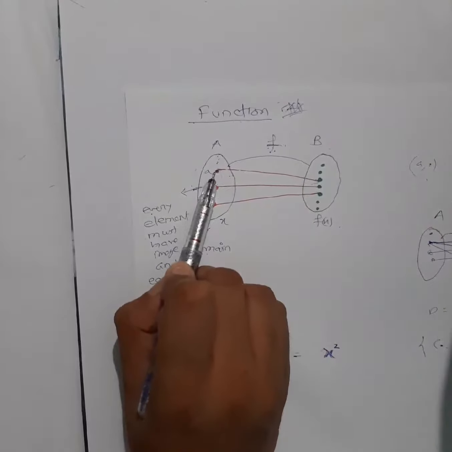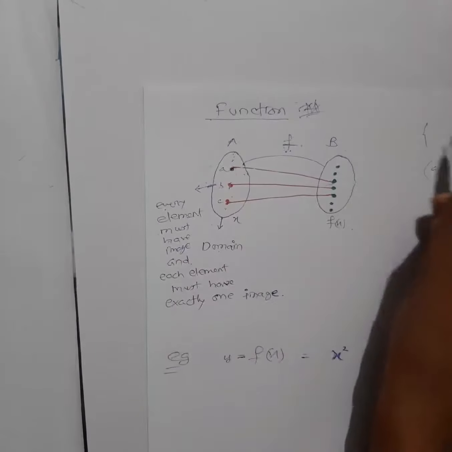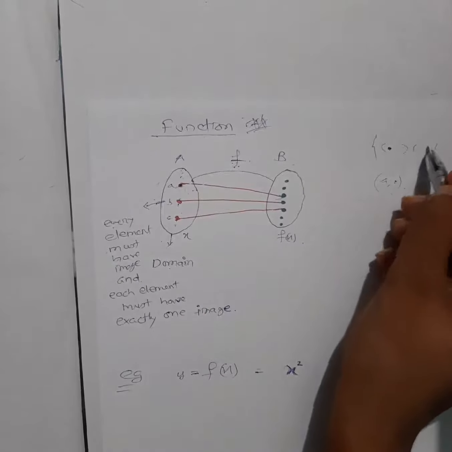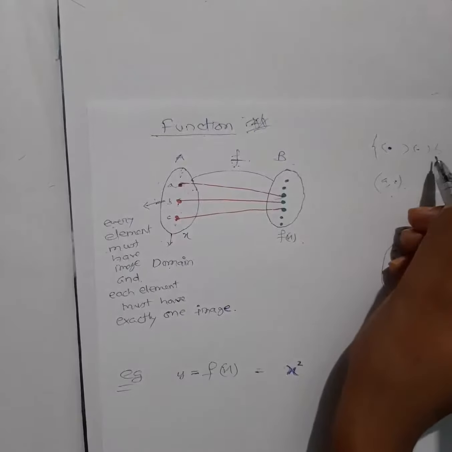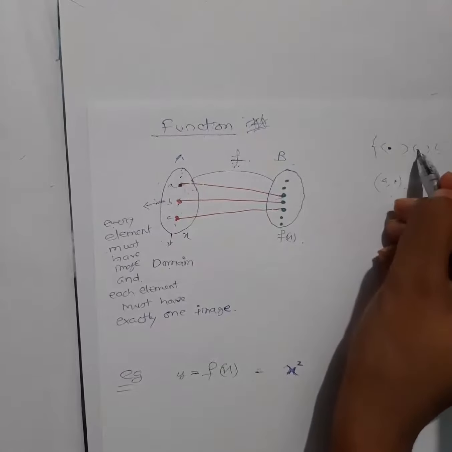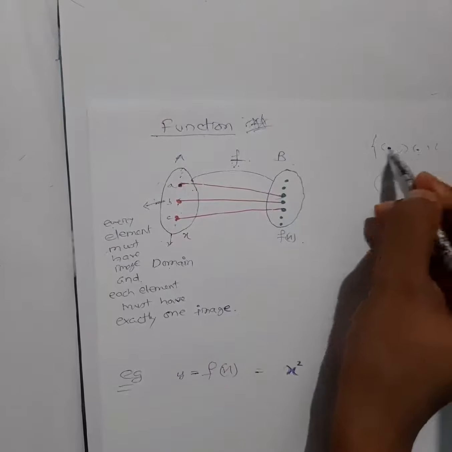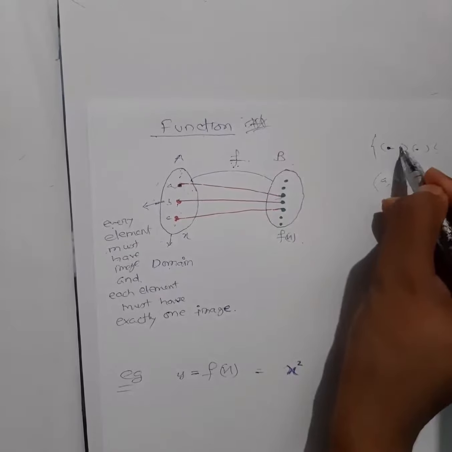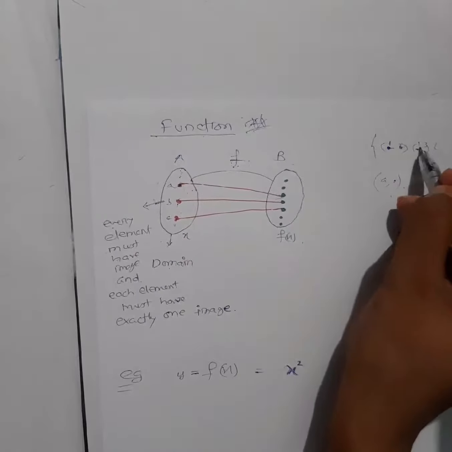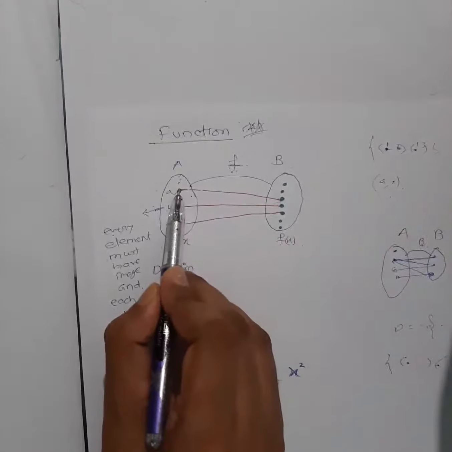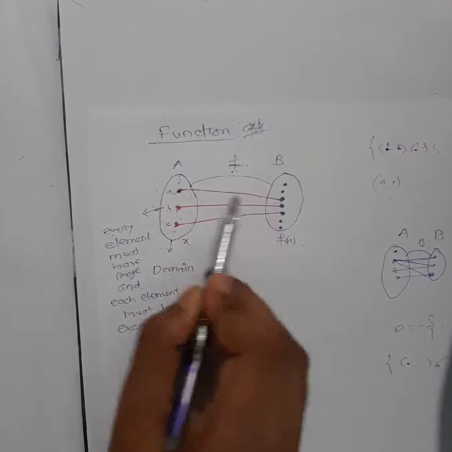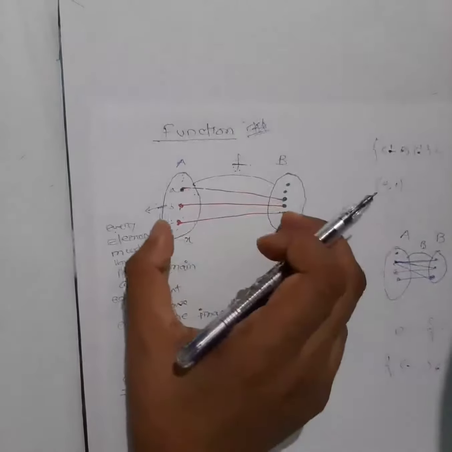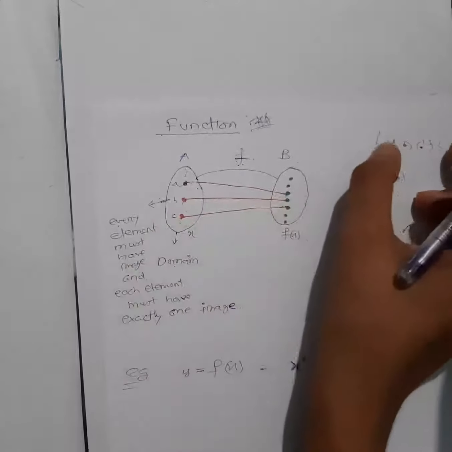That's why you will see in a function, whenever you write in roster form, in ordered pairs, the first element whatever is here, you will never see in another pair. In another ordered pair you will never see that same element. Because if you have the same element and you draw an arrow diagram, what will you have? This is related to this. Suppose this is (1, 2), this is (1, 3). When you draw the arrow diagram, 1 will relate to 2, then again 1 will relate to 3. You can see 2 images will form. So try to understand with the arrow diagram as well as this.